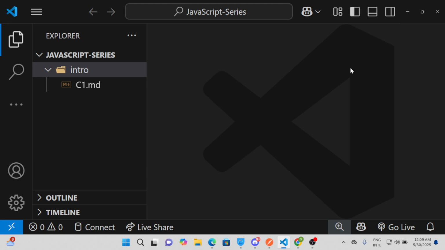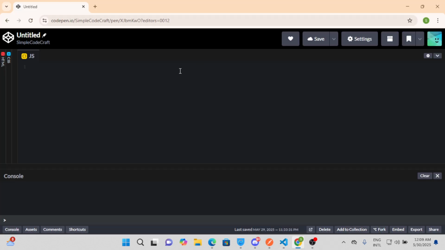First of all, we are going to see CodePen. It is one of the interesting online tools used for exercising your skills in HTML, CSS, and JavaScript. But in this series, our focus is on JavaScript. That's why I swung the HTML and CSS panels to the left-hand side. So for this, we are going to have